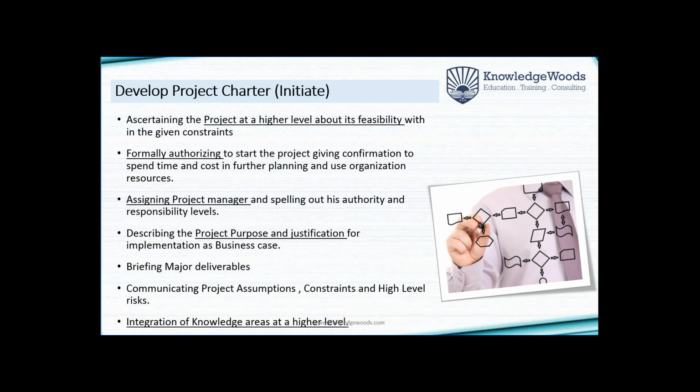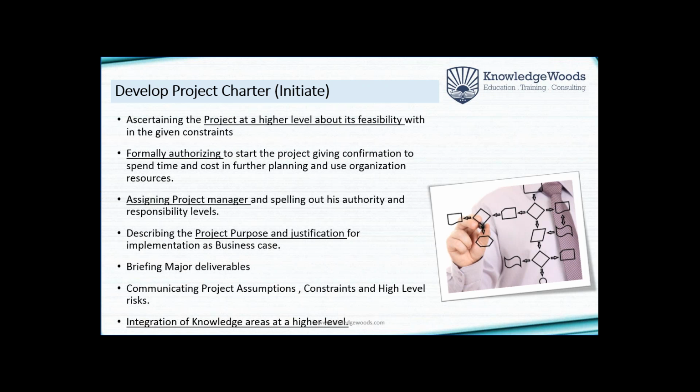This all depends on the type of organization the project manager is also in. If he is a project manager of a projectized organization or a strong matrix organization, wherein he is given a lot of authority and responsibility. If he is in a balanced matrix type of organization, he has to share this authority with the functional managers. So this is about the authority of the project manager.